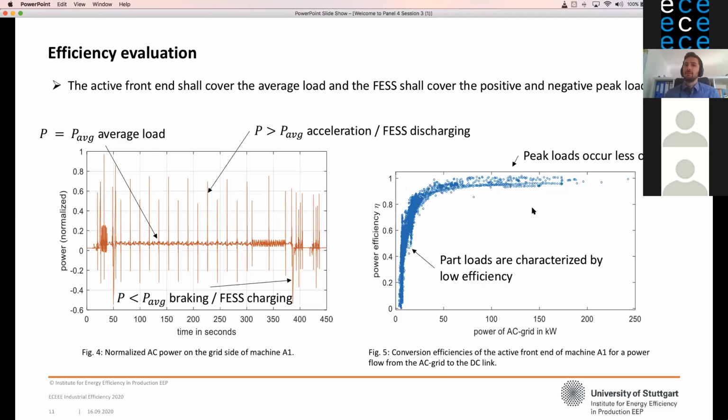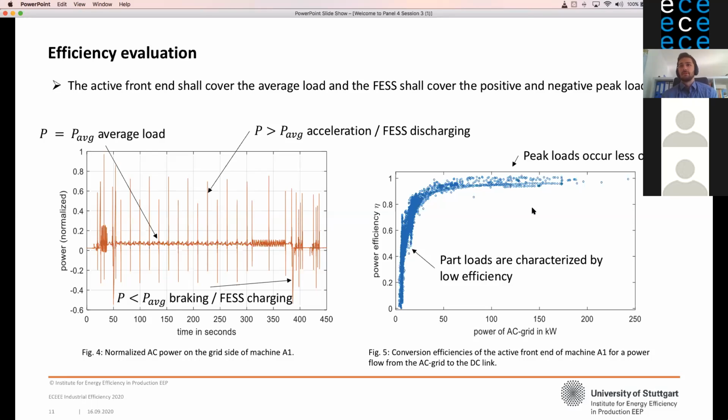Right, on the right side, we have measured the power efficiency of the machine, so the energy which is converted by the active front end. As we can see, there's a cloud around low efficiencies for most of the time, as you can see from the density. And the high peaks, which is like the actual size of the device, is not so often met in this